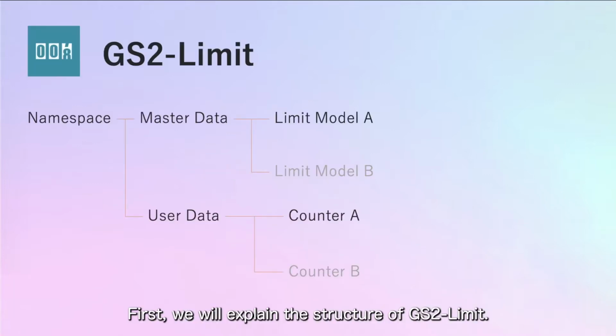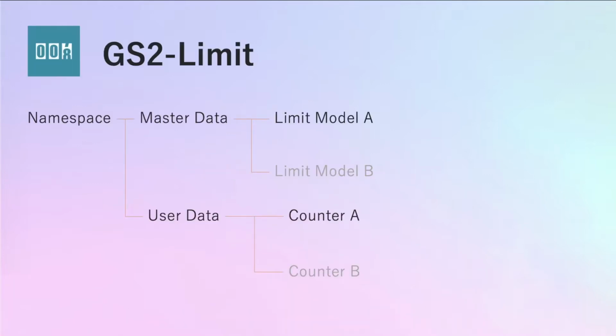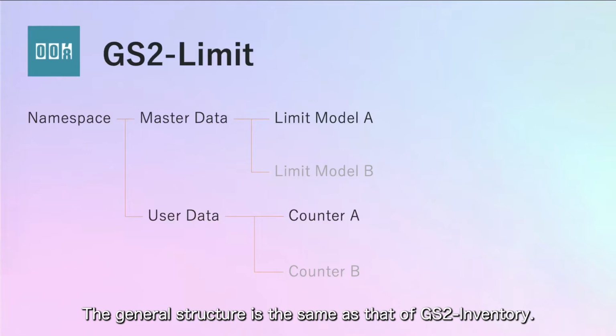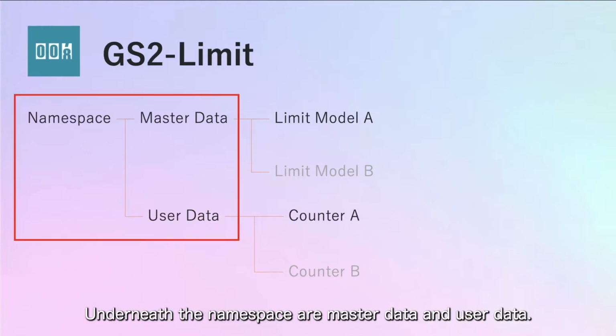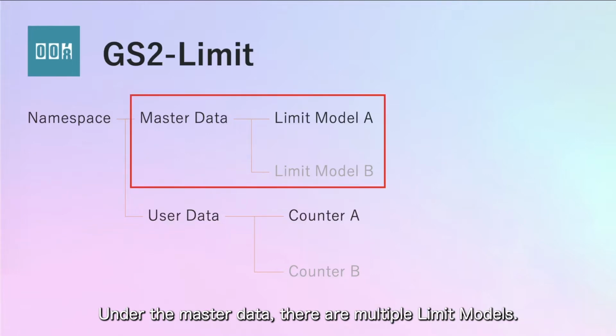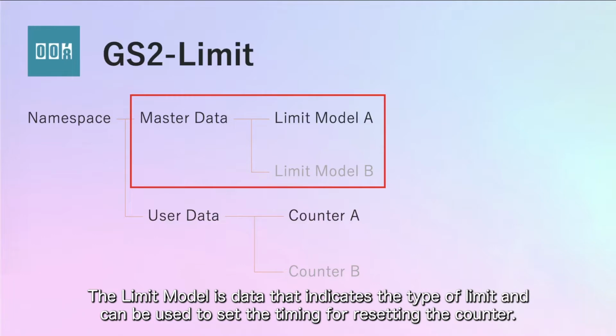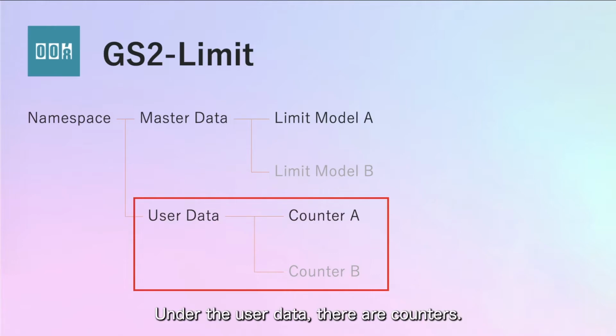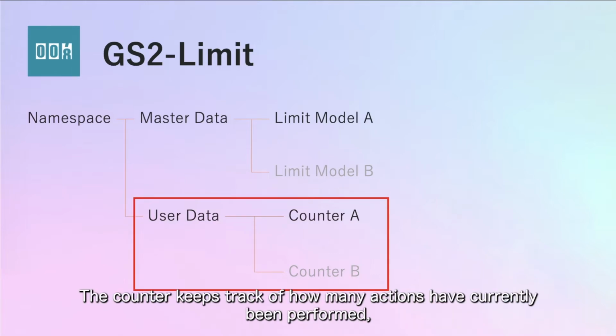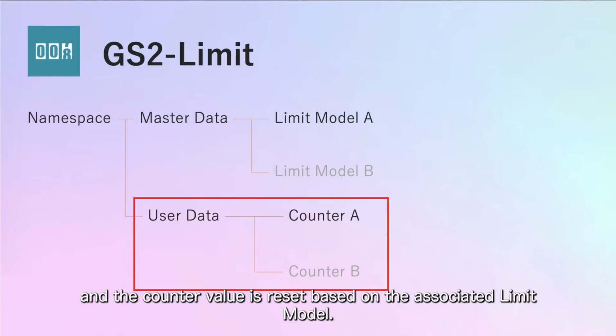First, we will explain the structure of GS2 limit. The general structure is the same as that of GS2 inventory. Underneath the namespace are master data and user data. Under the master data, there are multiple limit models. The limit model is data that indicates the type of limit and can be used to set the timing for resetting the counter. Under the user data, there are counters. The counter keeps track of how many actions have currently been performed, and the counter value is reset based on